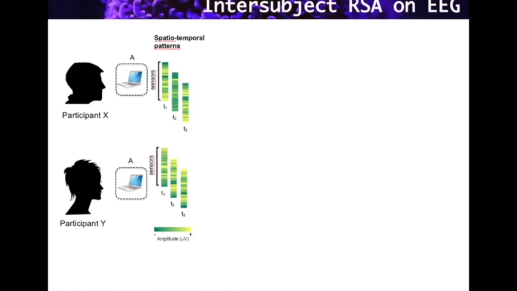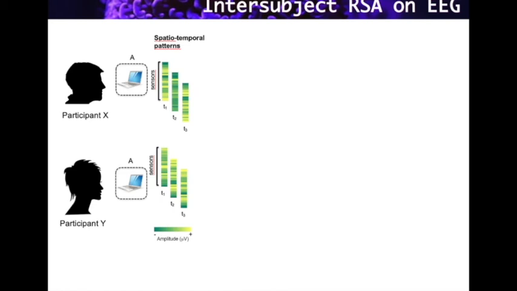Imagine here we would have two participants, participant X and participant Y, and the two of them are asked to see a computer on the screen and think about how precious this is for them. During this task, we would collect EEG data from the two participants,